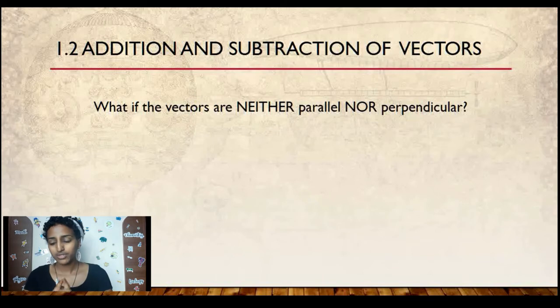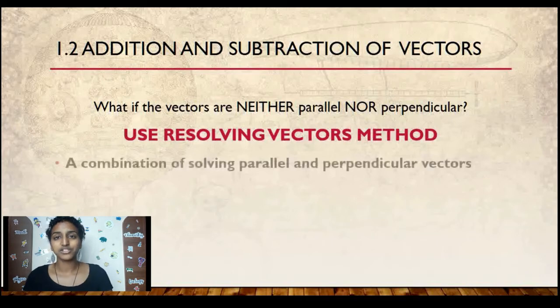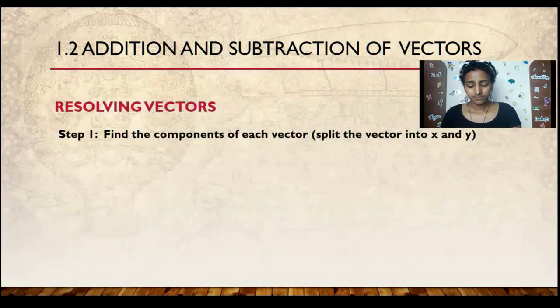That brings the question, what if they're neither parallel nor perpendicular? Well, you use a method known as the resolving method, or you resolve the vectors. What does this mean? Resolve kind of means finding the solution, which is what you do. So in order to resolve vectors, you use a combination of the parallel and perpendicular vector methods of adding and subtracting vectors. That's why you need to see the previous video before you understand this one. All right, so step one is to find the components of each vector, which means splitting it into the x